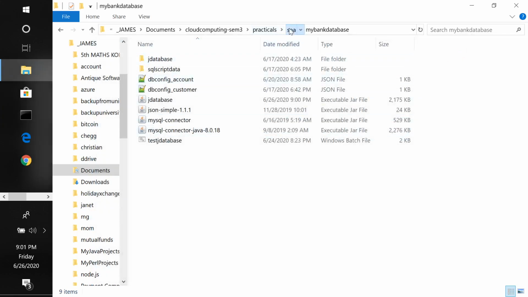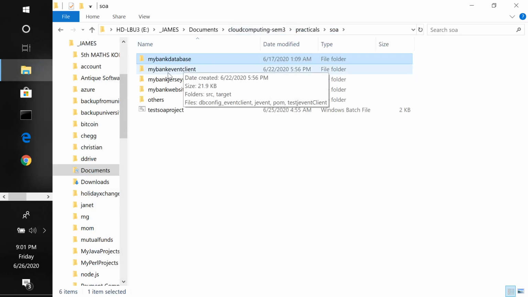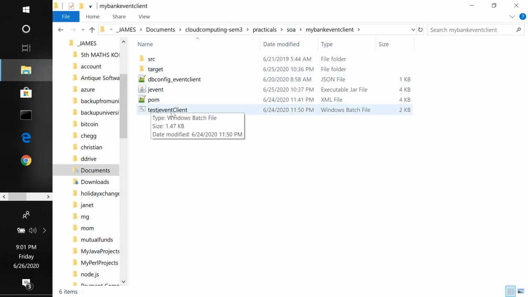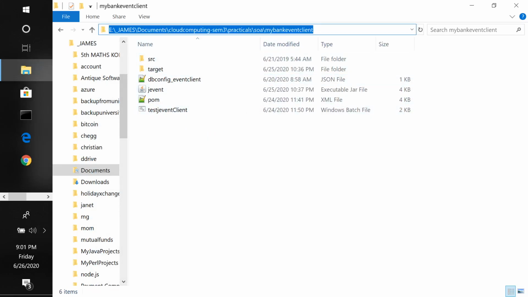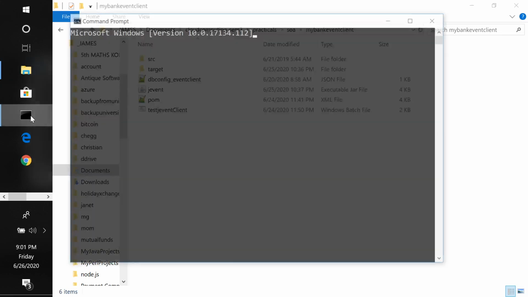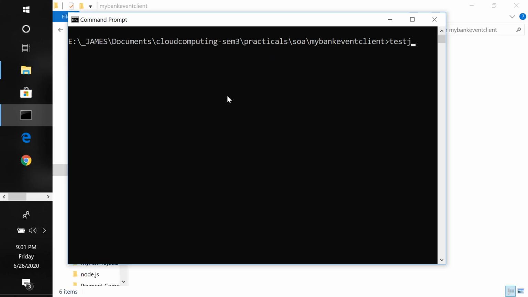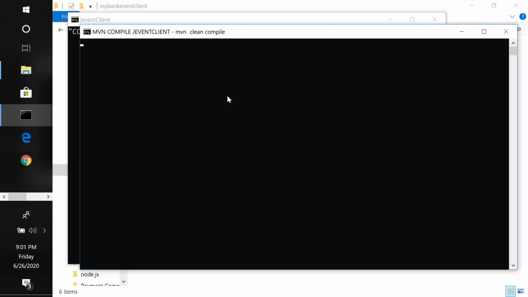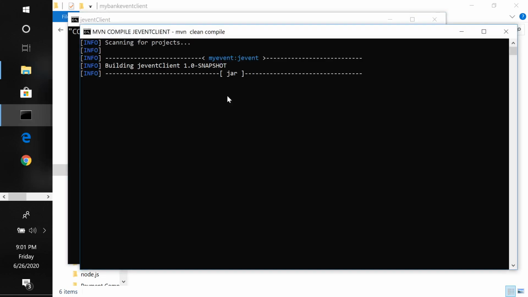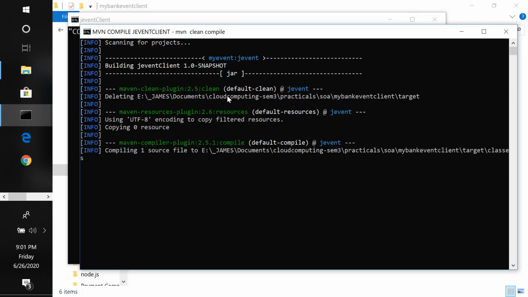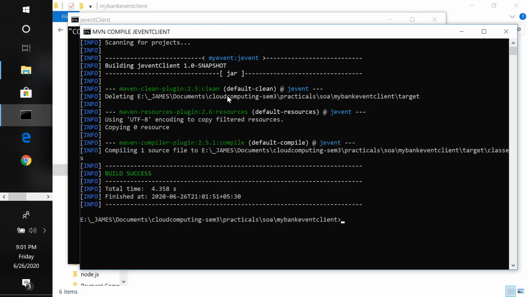In the same way, I can open my common component event client. In this also I have test J event client batch file, so I can go to that folder. I say test J event client batch file, and it is going to compile my event client, create a jar file and store it in the Maven repository.